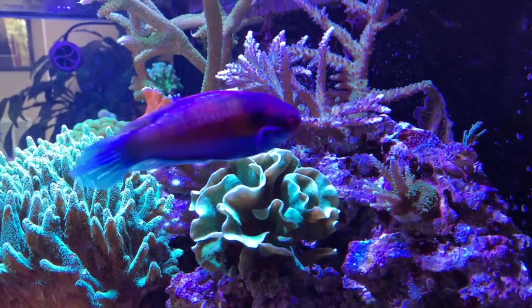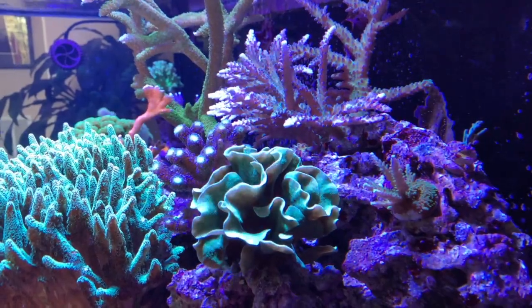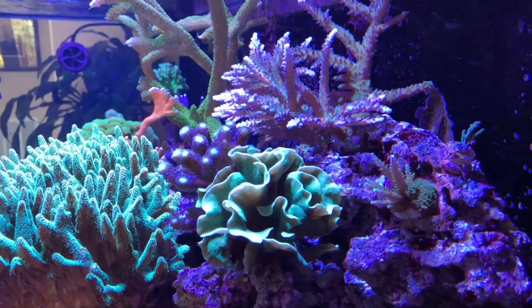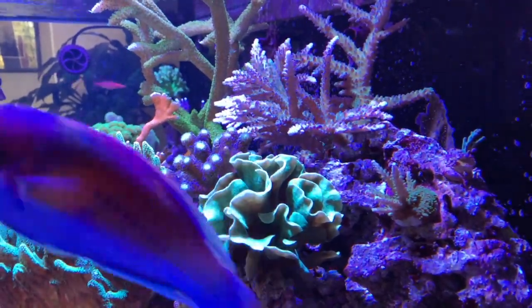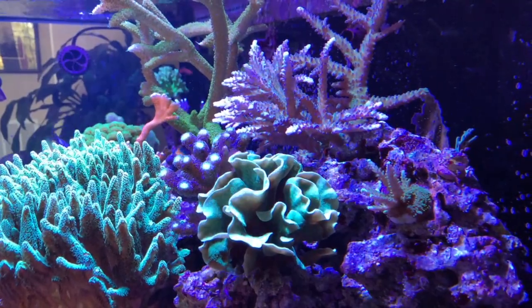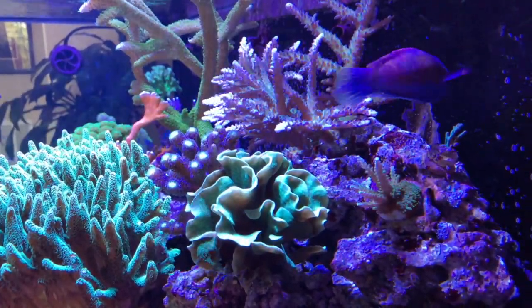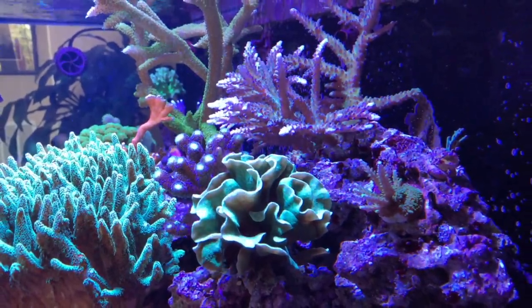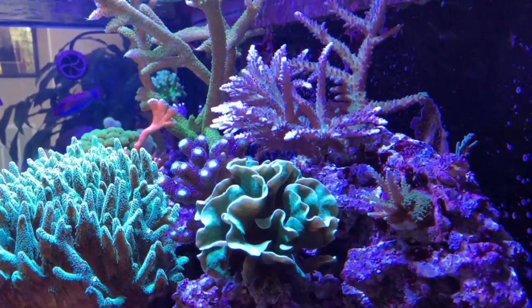All right, here's a good view of a couple corals that are near and dear to my heart. On the left, we see a large bird's nest that has grown out from a tiny frag. It's about the size of a volleyball right now. In the middle, another tiny frag grown into a nice Pavona cactus coral. Wedged in between those two is a nice purple stylo, which hasn't grown all that much but seems to be